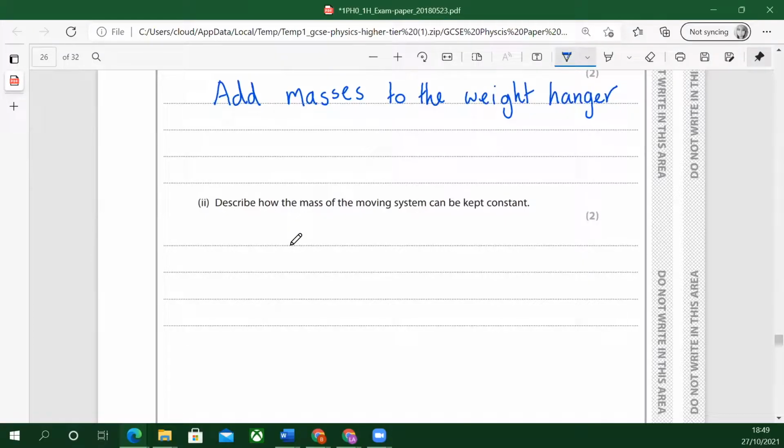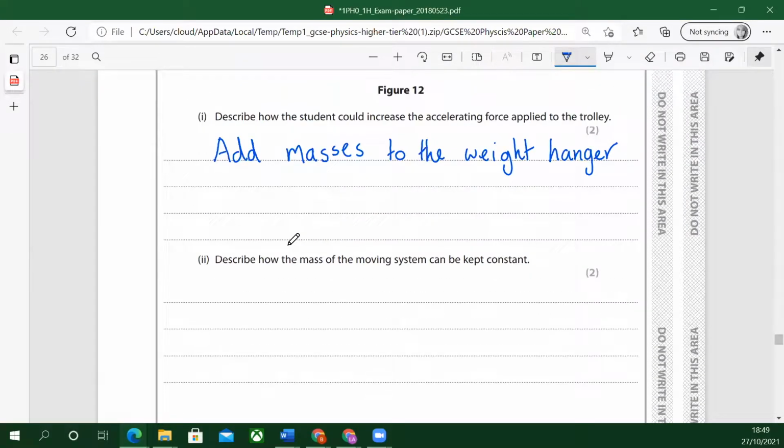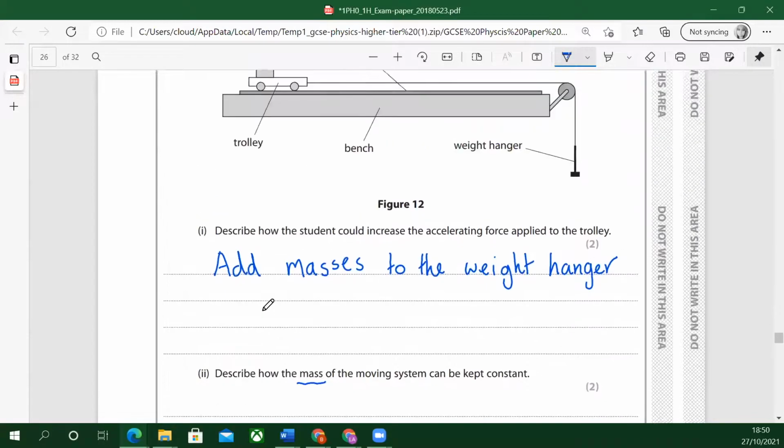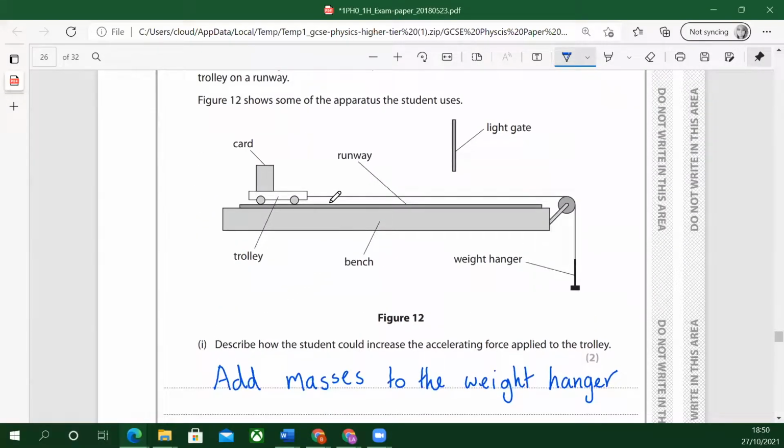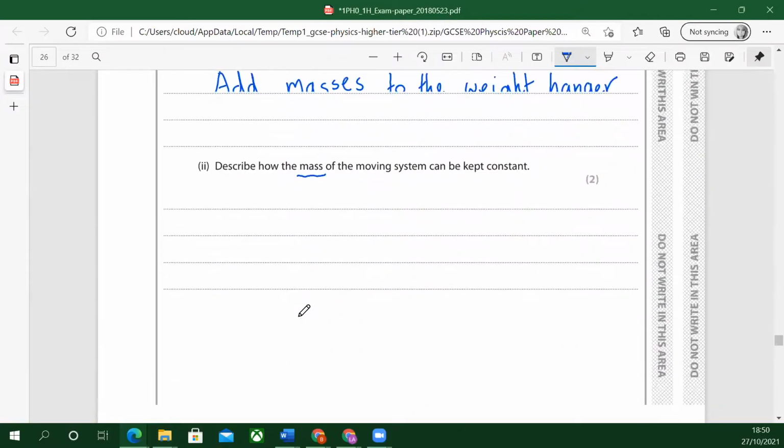Describe how the mass of the moving system can be kept constant. It's quite a tricky way of asking it. So describe how the mass of the moving system, underline that, can be kept constant. If you want to accelerate, keep the mass of the system constant without actually adding to it overall. So if you put mass here, you need to take it off there. So the answer to that would be